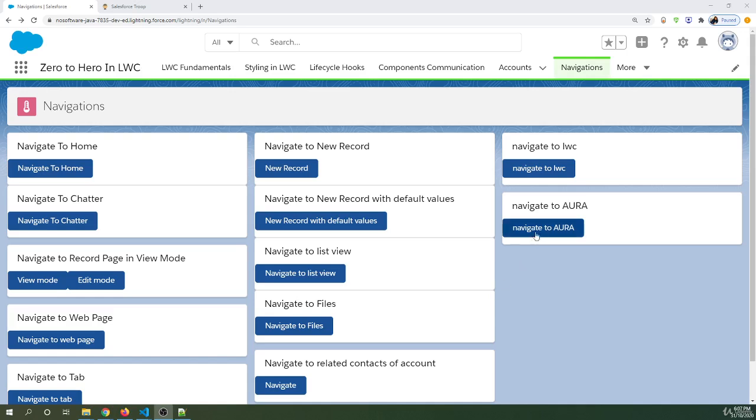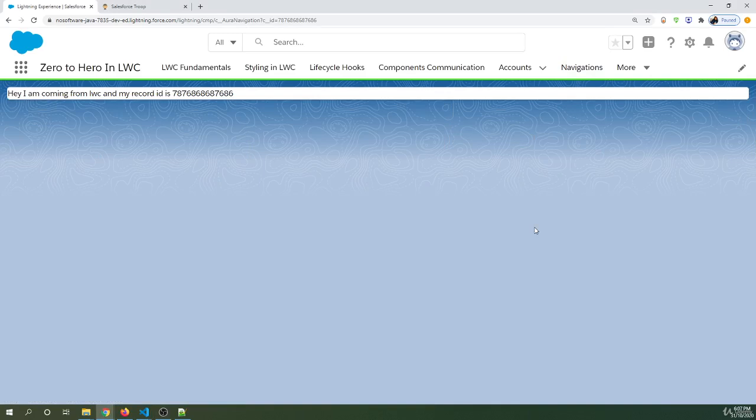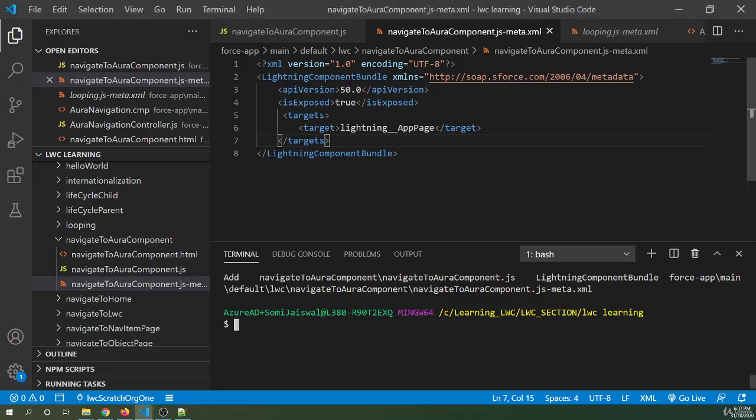and now let's click our button. It should call my Aura component, and I'm passing some random ID, and that random ID will go in the URL, and we'll pull that ID and show it on the screen. So let's click. As I click, it's printing the data that we are printing in our Aura component. Here I am coming from LWC. My record ID is this that I'm passing. And now if you look at the URL carefully, it has c__id. This is the state that we are picking up from the page reference. And this is the state that we are passing in our